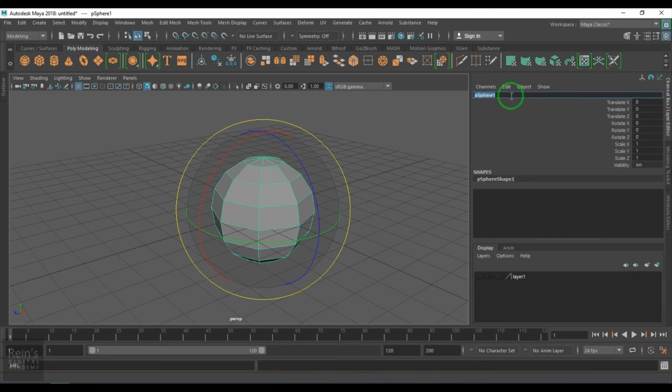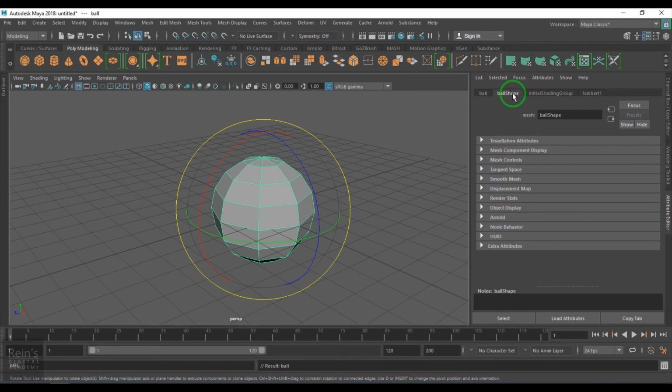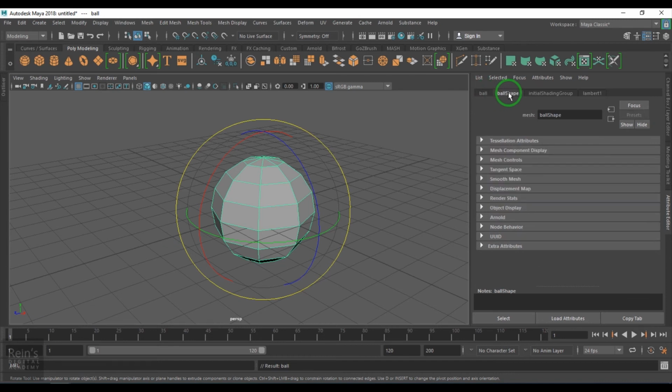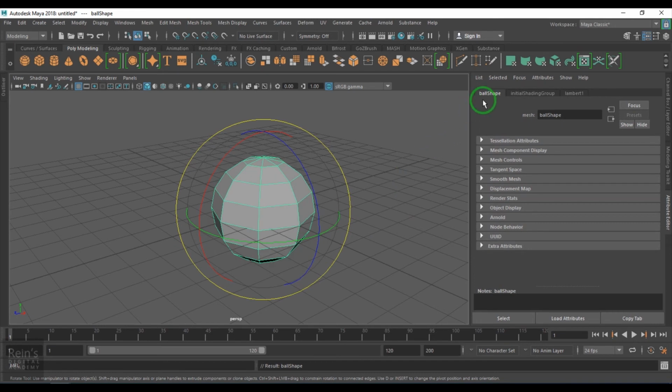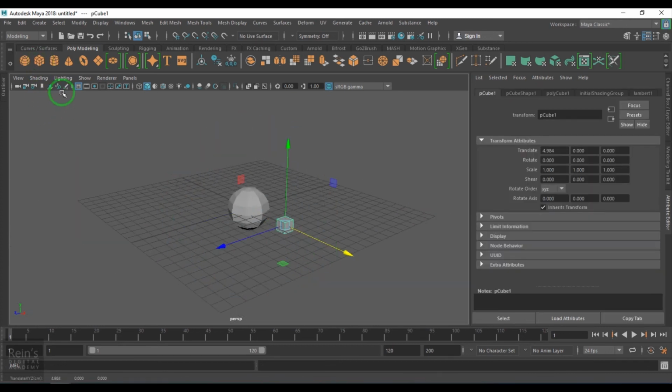Let's say I select an object and name it ball. If I go to the Attribute Editor, you have two tabs: ball and ball shape. Whatever name I have given was given to the transform node, and the shape node gets the suffix shape. So ball is the transform node and ballShape is the shape node. If I have to select the shape node of any object, it is very simple using a keyboard shortcut. But before using the shortcut, we'll try to understand how things are working here.